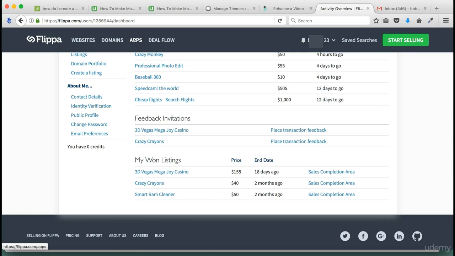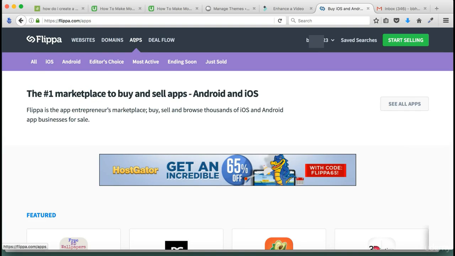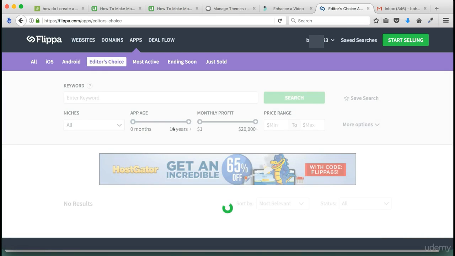I started by trading cheap apps to begin with because I was unsure whether app trading itself was a legitimate business, and I did not want to find out the hard way after losing thousands of dollars. For you guys, I would recommend buying editor's choice apps, which are a bit more expensive but can generate good income provided you set up everything correctly. So for example, you might want to buy this